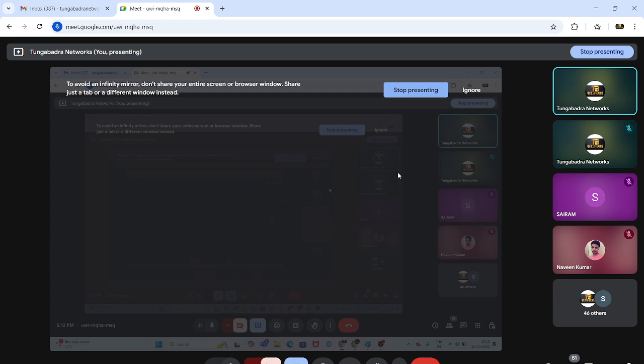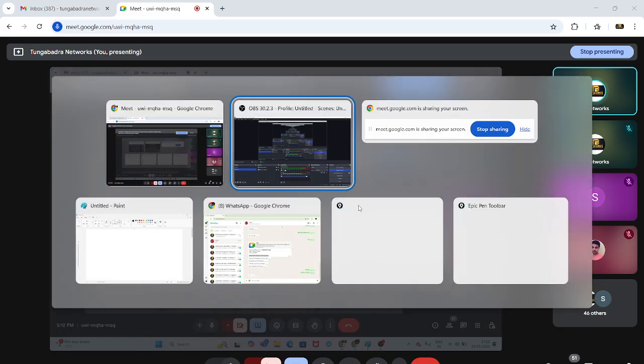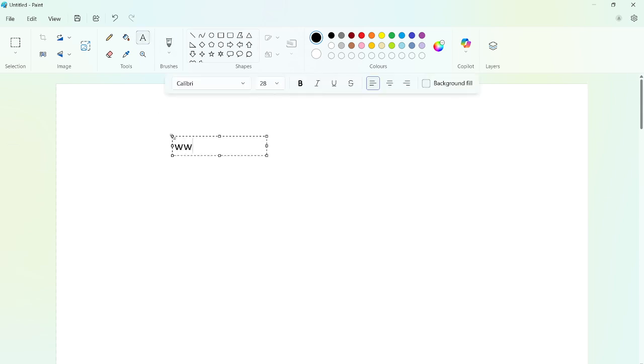Whenever you are browsing something on your web browser, what happens in the background? Ramesh already explained some of the process, right? Suppose I am browsing www.tungabhadranetworks.in.